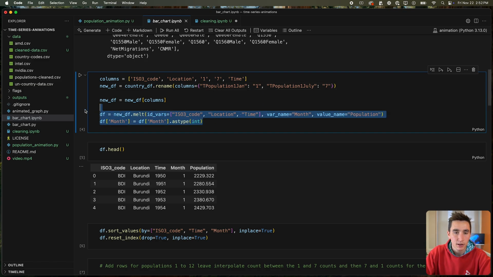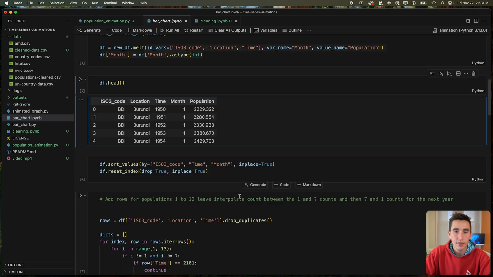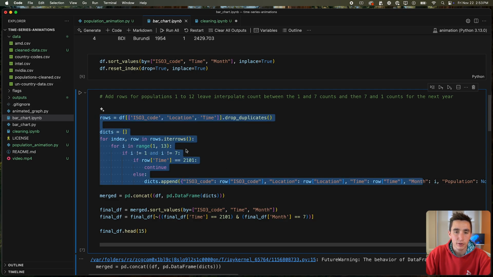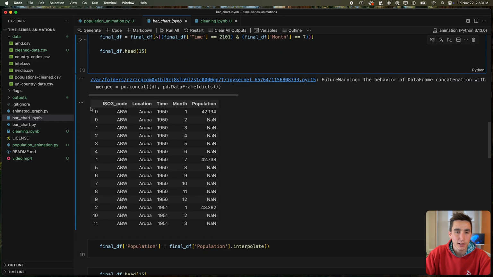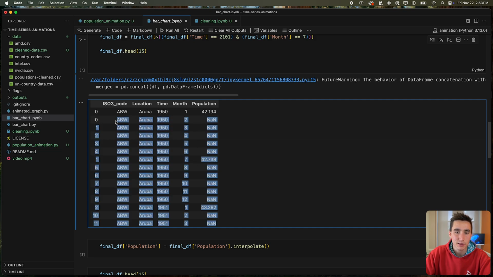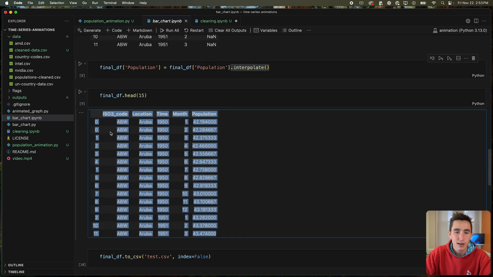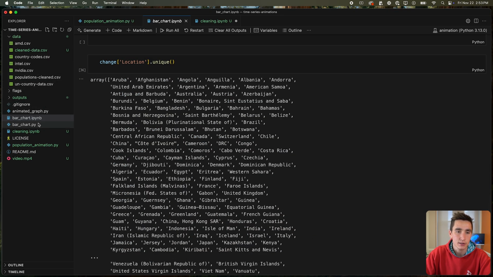So we're adding a month via this code here. And then we go ahead and add blank rows for all the months that we don't have. And then we get something that looks kind of like this, where we have month 1 and month 7, but we don't have these months in between. So we can call a function called interpolate, which is a pandas built-in, that will fill in that data for us. And then when we actually run our animation, we can go ahead and have more granularity